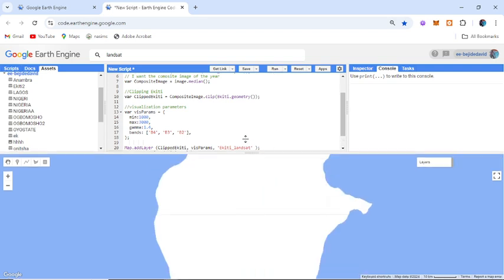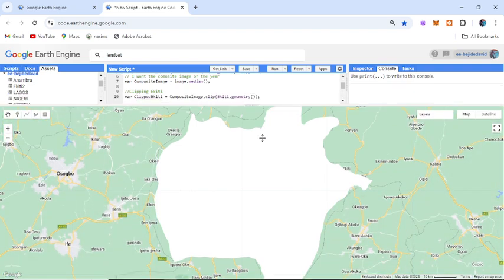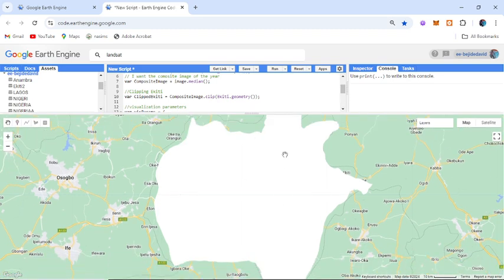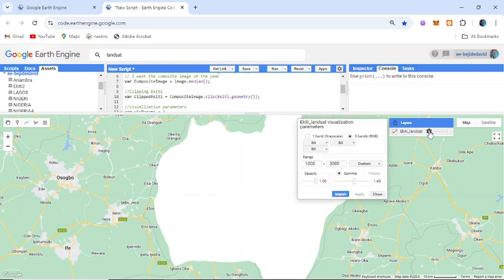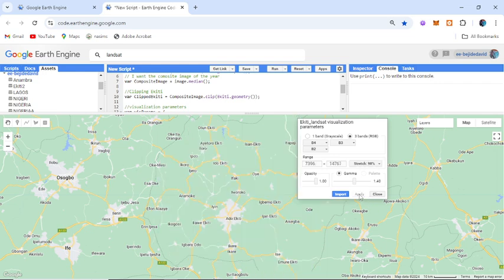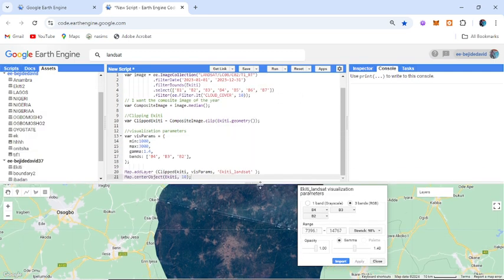So this is the image of the Ekiti state. I said I didn't like to use 1000 and 3000 the last time because it's going to give me a pale, whitish image like this. So you come to this layer, click on this setting, and stretch it 98%, then press apply. So this is the image of Ekiti state for that particular year,